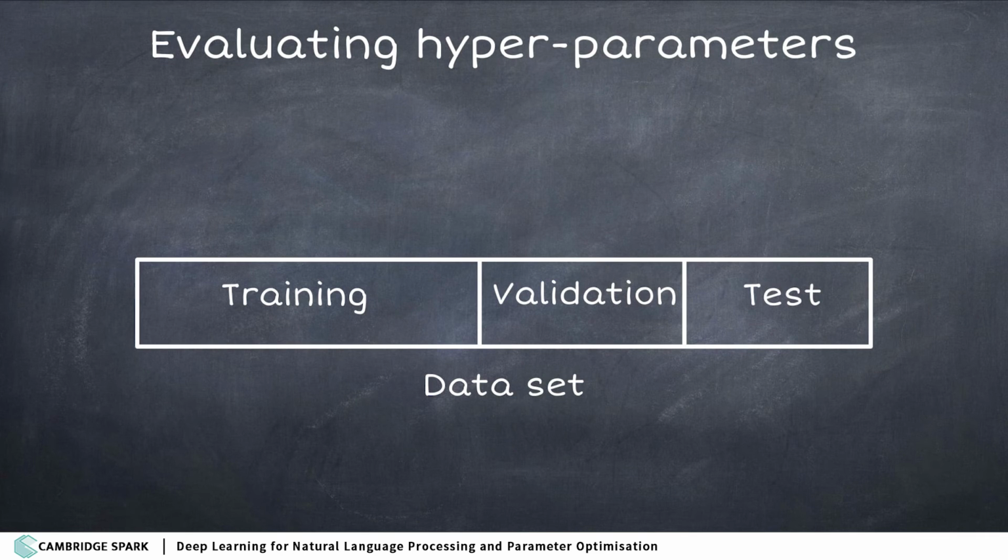And at the end, once we've decided, OK, so 60 layers is good, we can apply our algorithm on all of the data, all of the training and validation data. We can train our neural network on all of this data and evaluate on the test set. And this way, we'll be able to say, well, this is how well the algorithm does.